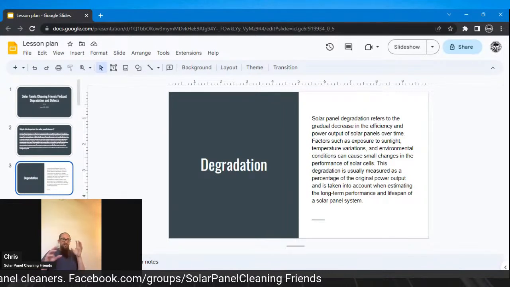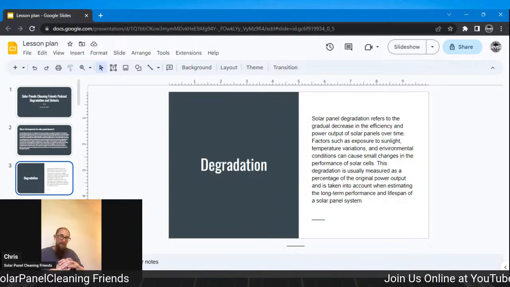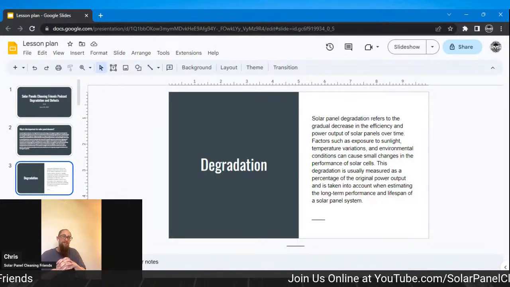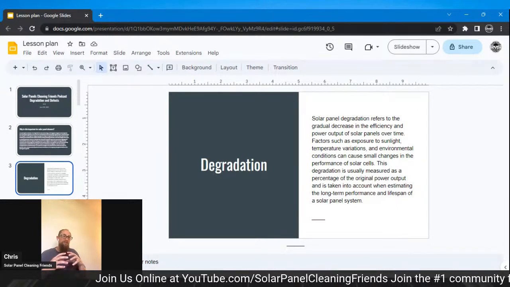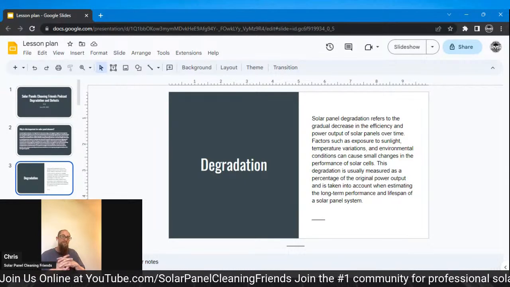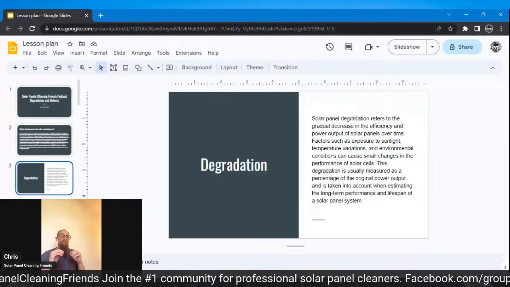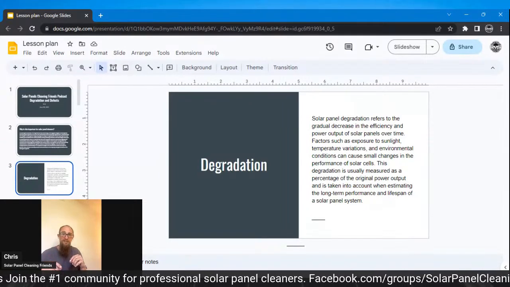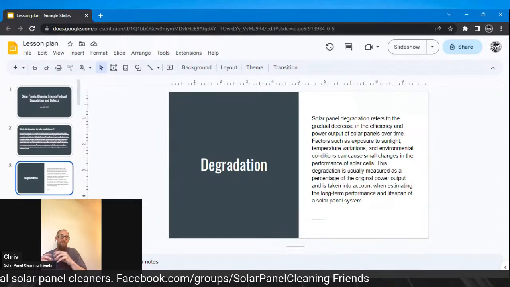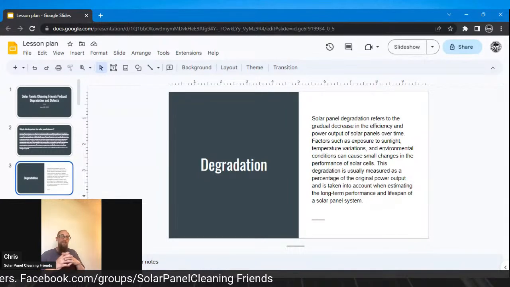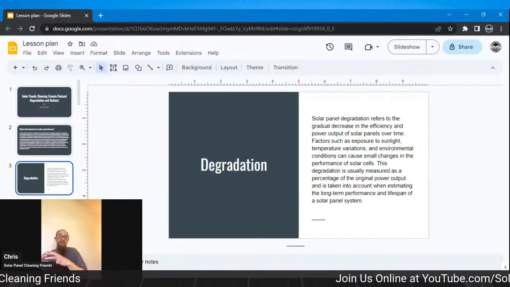Now, just to be very specific about this, I'm going to go over a few different things here. Solar panel degradation refers to the gradual decrease in efficiency and power output of solar panels over time. Factors such as exposure to sunlight, temperature variations, and environmental conditions can cause small changes in the performance of solar cells. This degradation is usually measured as a percentage of the original power output, and is taken into account when estimating the loss